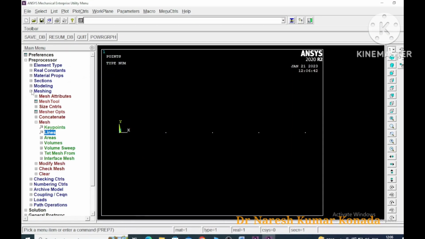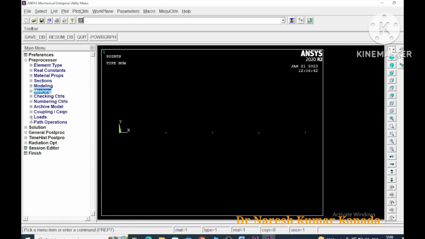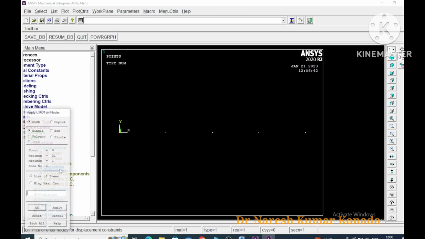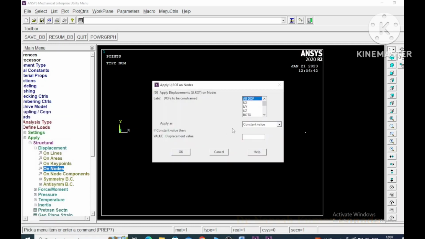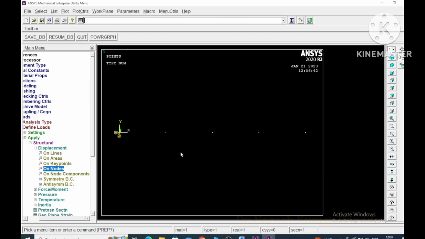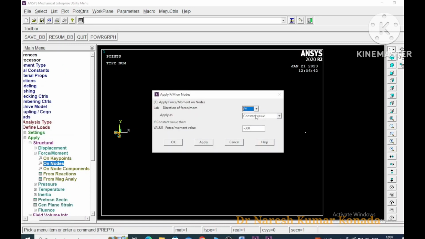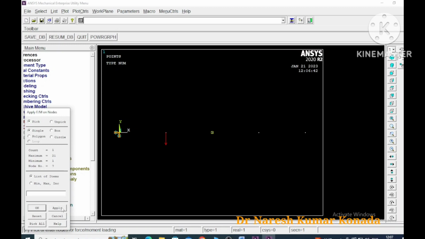Then we need to give the boundary conditions. In order to give the boundary conditions, go to Loads, Define Loads, Structural, Displacement on nodes or key points. Displacement on nodes. Select the first node, give all DOF, OK. Therefore, the first node is constrained in all directions. Then force on nodes, give the second node, and Fy value is how much? Minus 400. Apply. Then select the third node,